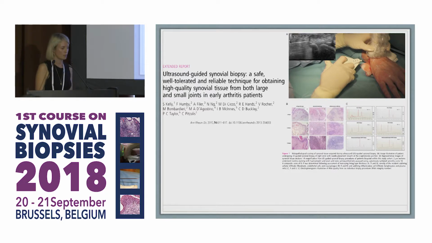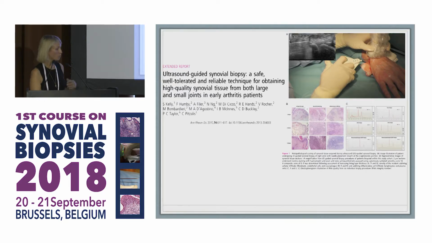One of the problems, though, is that using the portal and forceps approach is somewhat different, and I'm not going to go into the technicalities of this because Andrew's following me and he's talking about these techniques in more detail. But the portal and forceps approach is different to the blind needle approach using ultrasound-guided biopsy. And although this is a paper that Stephen Kelly from our group published in Annals in 2015, what he demonstrated using this quick core needle and ultrasound guidance in both large and small joints was that we could get a good quality synovial tissue and good